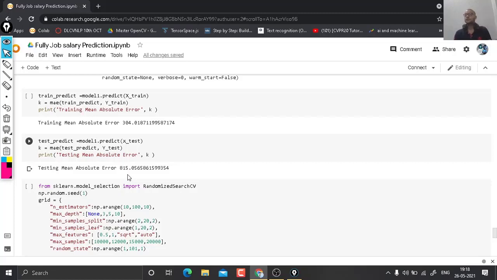Suppose you sit in an examination, and you score fewer marks in the class test, but in the board exam you get higher marks. Then one can think this student scored fewer marks in class and high marks in the board. Or if you score the highest marks in class 10 but fewer marks in the board exam, then this student scored good marks in class but failed in the examination.